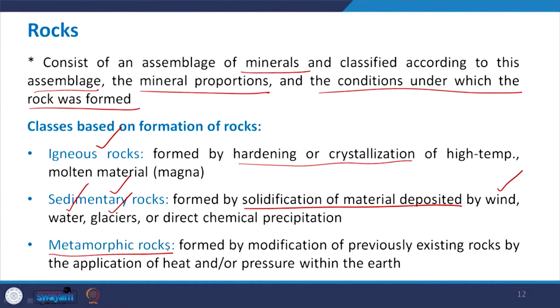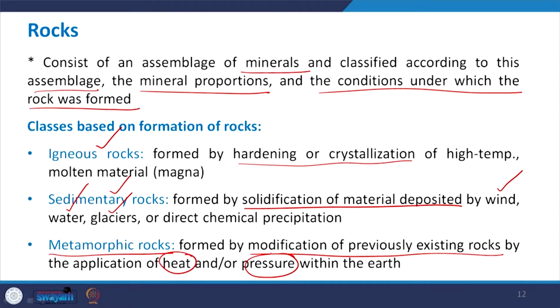The material gets transferred from one location to another, and if it lies at that location for many years, it gets solidified and gives rise to the sedimentary rock. Coming to the third category, which is the metamorphic rock. This is formed by modification of previously existing rock by the application of either heat or pressure or both within